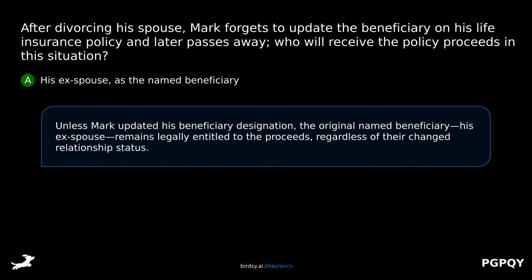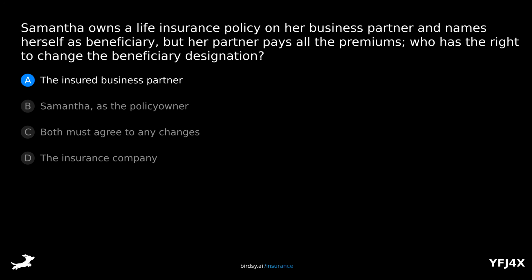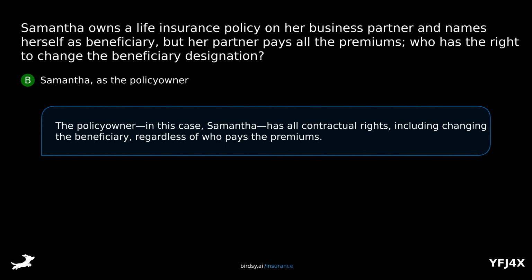their changed relationship status. Samantha owns a life insurance policy on her business partner and names herself as beneficiary, but her partner pays all the premiums. Who has the right to change the beneficiary designation? Is it A. The insured business partner, B. Samantha as the policy owner, C. Both must agree to any changes, or D. The insurance company? The correct answer is B. Samantha as the policy owner. The policy owner, in this case Samantha, has all contractual rights, including changing the beneficiary, regardless of who pays the